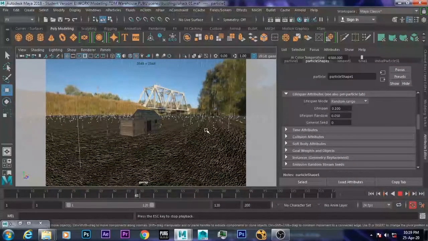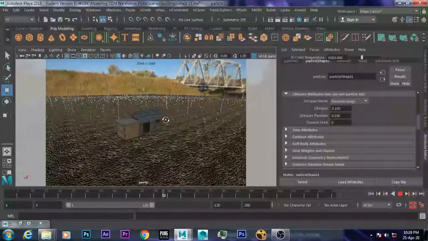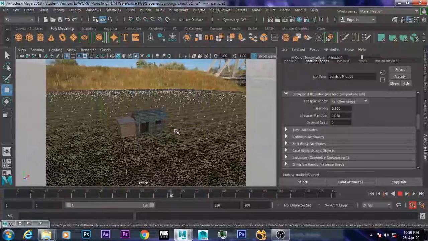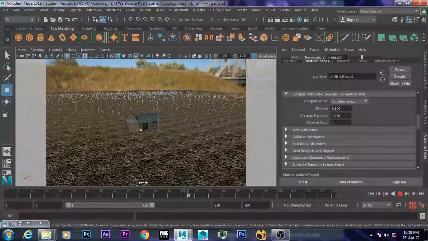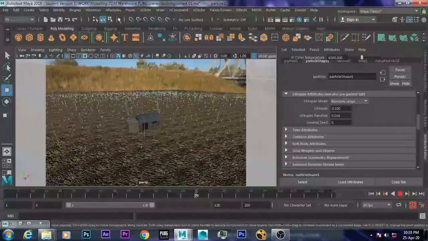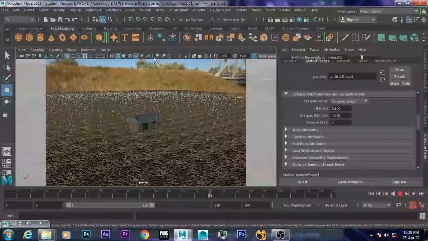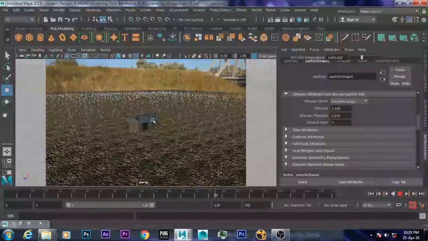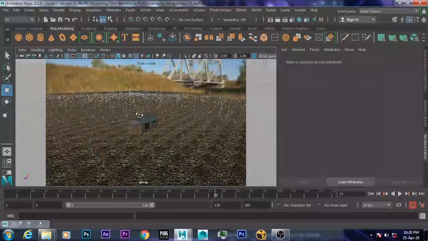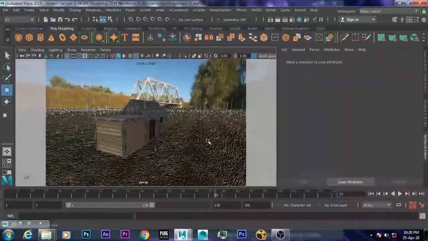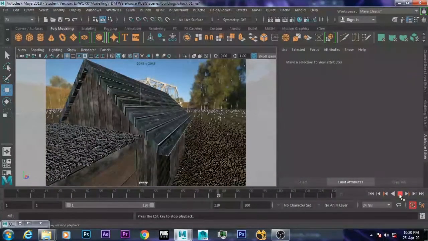Yes, now you can see the rain is behaving naturally and it's looking good. So this is how we create rain in Maya. If you want this object to also collide, just select the whole object, go to N particles, select the particles, then select the objects and make them collide. Then the object will also behave like a surface, meaning it will collide. Now you can see the raindrops are passing through the surface.